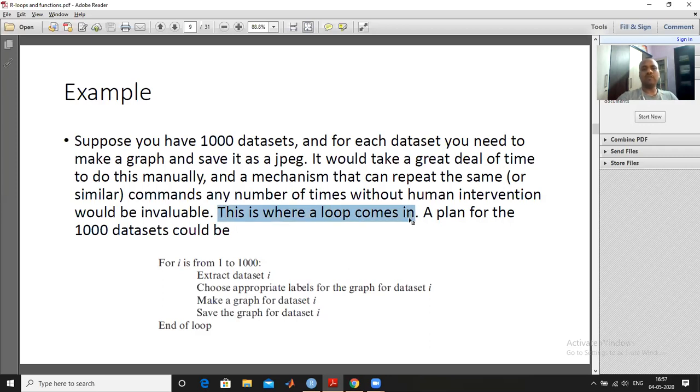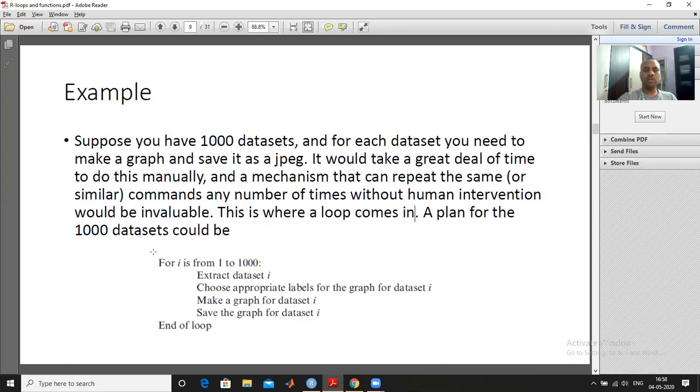So what is the benefit of the loop that is explained in this example? Suppose we have 1000 data sets, and we have to make a graph for each data set and save each in a different JPG file. Manually it will take so much time. If I use the for loop, for i equal to 1 to 1000. Actually this code is not R, this is only for explanation.